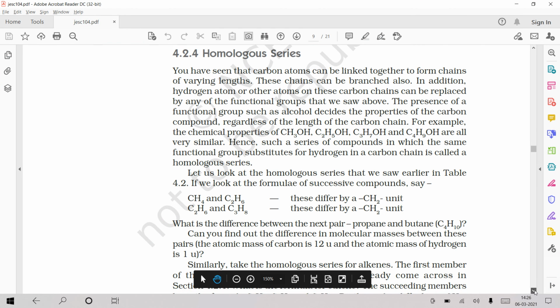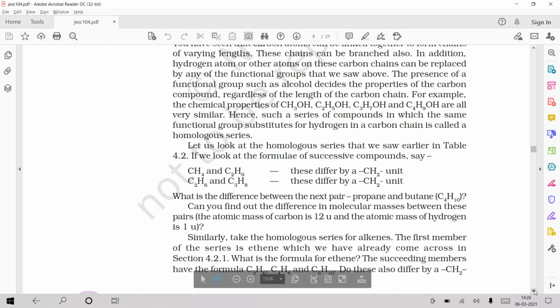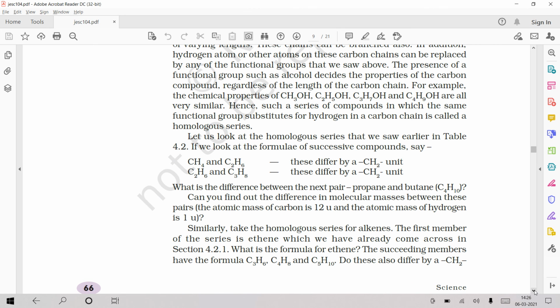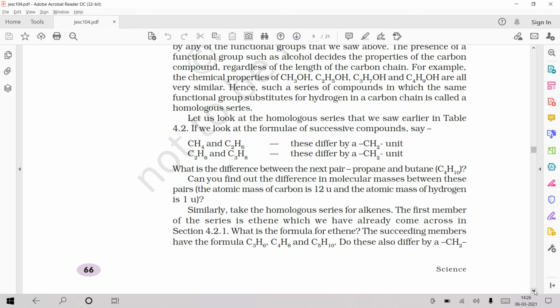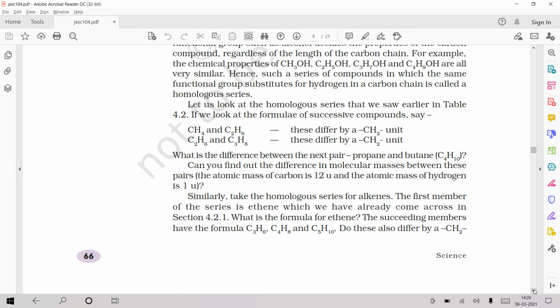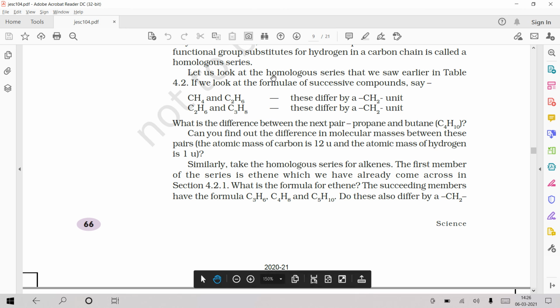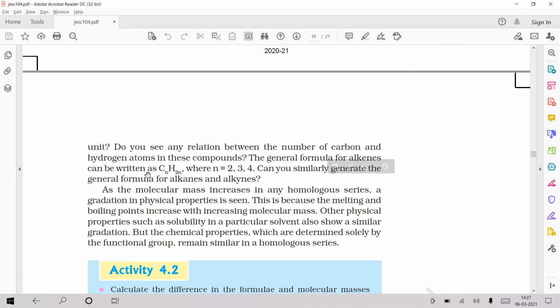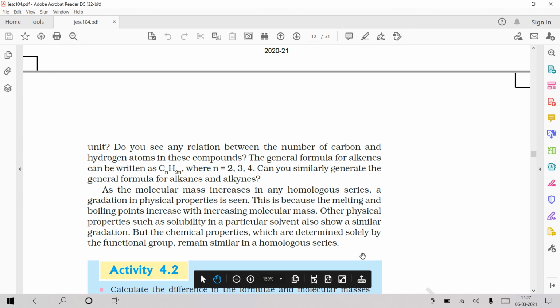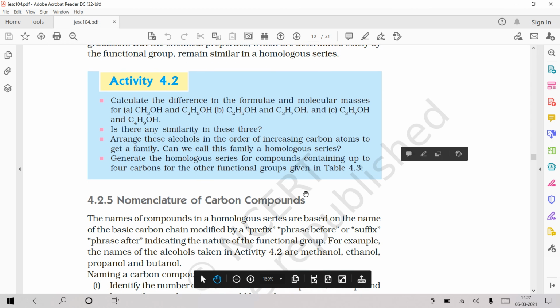Like alkenes and alkynes, they differ from the previous or next compound by one CH2 unit, so they are called homologous series. Sometimes with respect to molecular weight, we can say there is a 14 molecular weight difference, because carbon is 12 and each hydrogen is 1, so two hydrogens plus carbon 12 together, the CH2 unit, is a 14 unit difference. They are all called homologous series. So you can find several homologous series, even for alkanes, alkenes and alkynes. Okay, so this is the way we can understand this.